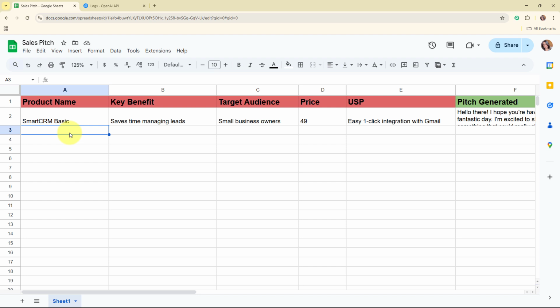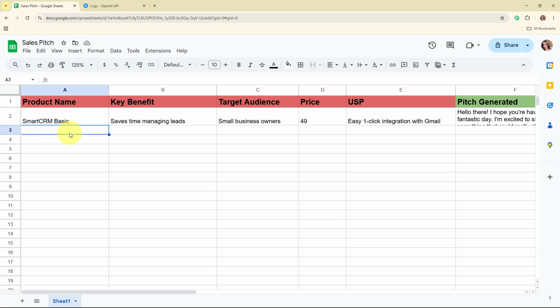So I use AI to automatically turn those pricing details into well-structured sales pitch scripts. This saves me time and helps me present the information in a more persuasive and conversational way. It ensures I'm focusing on value, benefits and key talking points instead of just listing prices. This way I sound more confident and close deals more effectively.